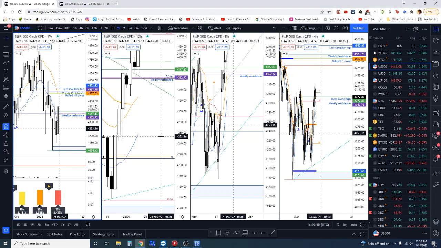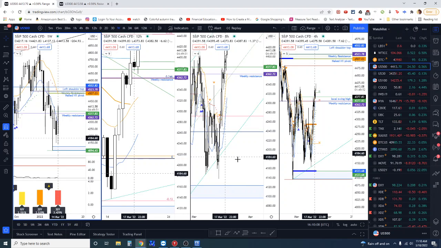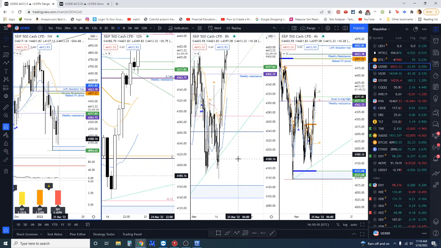I don't care if I get a little bit right before it. The goal is just not to miss it. I just don't want to miss it getting really close and then just not taking profit. But